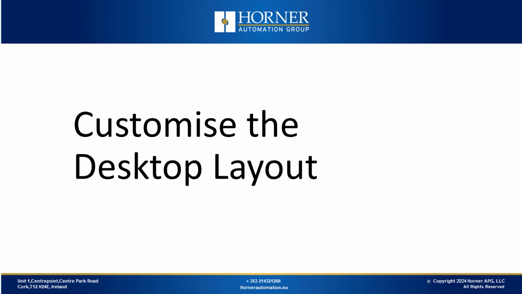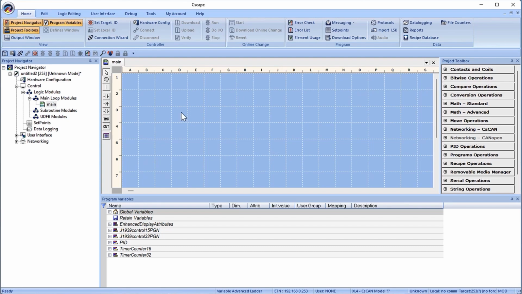Now let's look at how we can rearrange our desktop in Cscape 10. We have set up our desktop so that we have the Project Navigator on the left, the Project Toolbox on the right, and the Program Variables window on the bottom. But if you want to change your layout, you have a lot more control with Cscape 10 than you had in Cscape 9. So if we want to move the program variable window, for example, we can click and drag it,